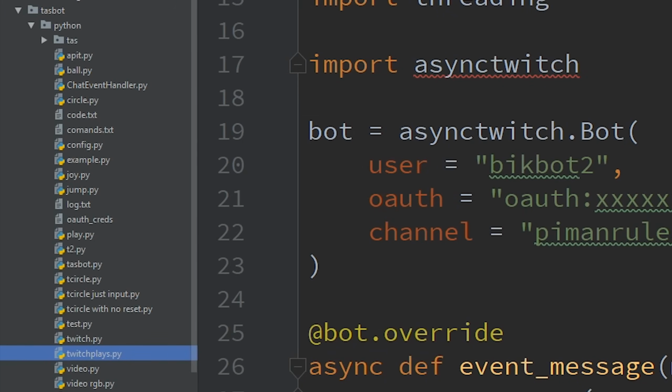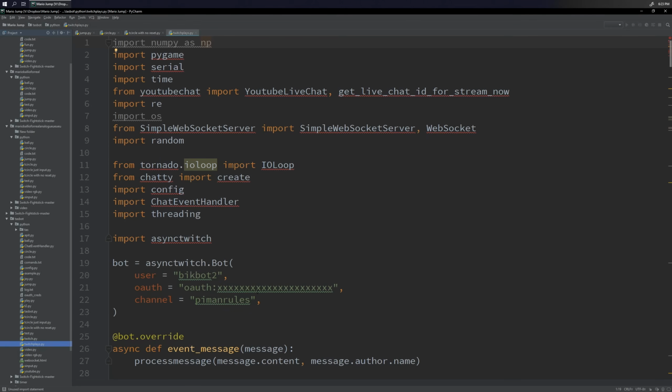And eventually I added Mixer support. And eventually I actually added Twitch support. But no one noticed. Because no one cares about my Twitch. And another interesting thing about this script is, I basically wrote it in a day. Like all of these scripts. I wrote it in a day.